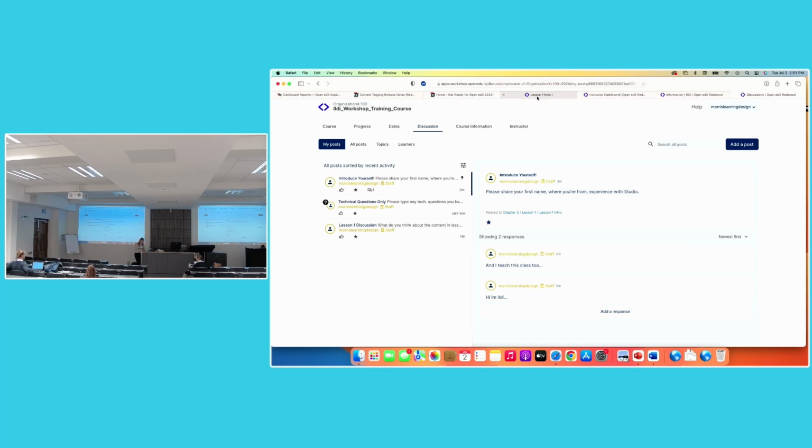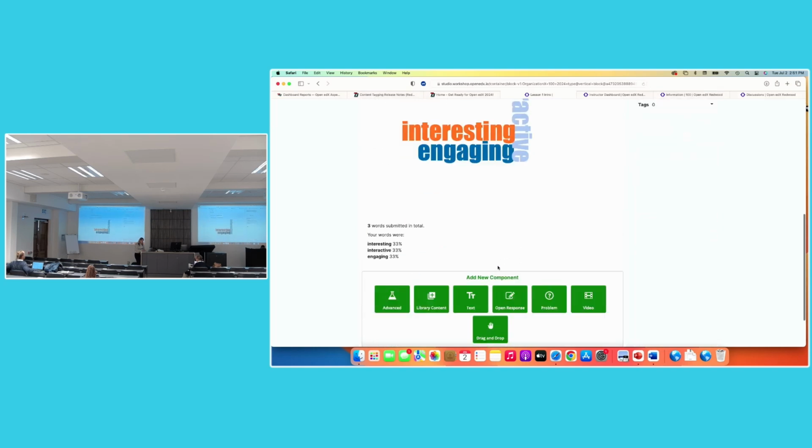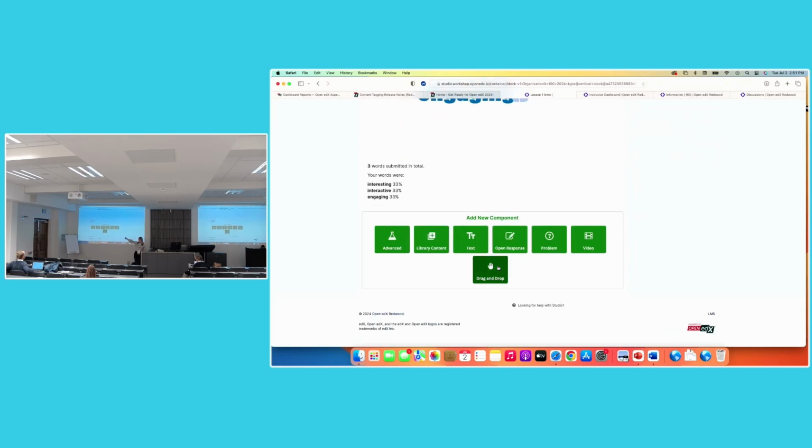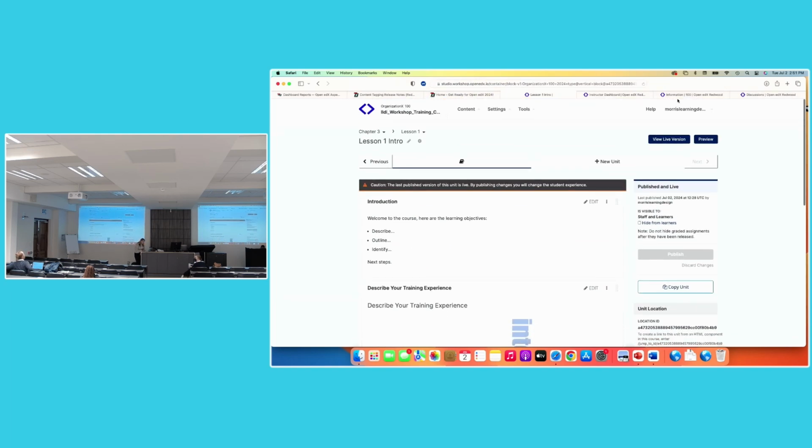Because if I go back to Studio, there used to be, as you know, a discussion button, and it's not there anymore. So can we enable it to show up here? It should be available at the unit. You should be able to toggle it as a unit setting to enable discussions for this unit. Okay. In the course outline, right? This is the course outline. In Studio it's a setting, like the little